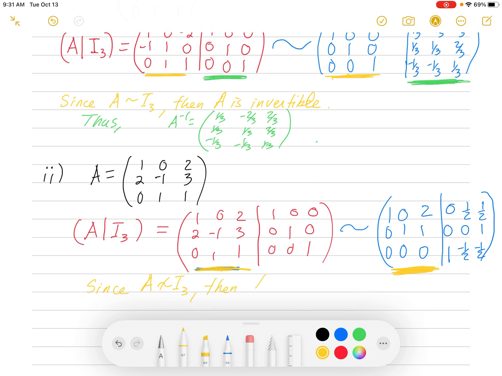So since A does not reduce to the identity, that means then A is singular, it has no inverse. So you don't have to worry about finding an inverse. This guy right here is not the inverse because A did not reduce to the identity in the first place. So, okay, I think we'll just quit there. So that's how you determine invertibility. Just an algorithm for it, and finding inverses in general for larger